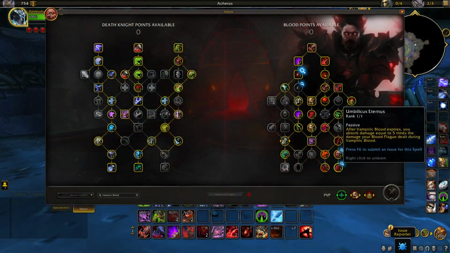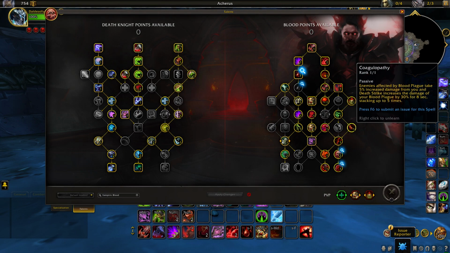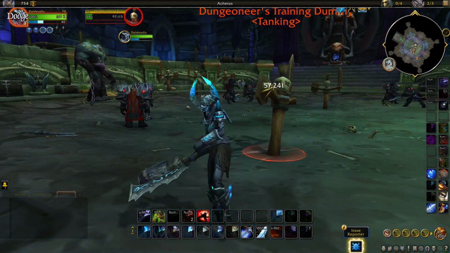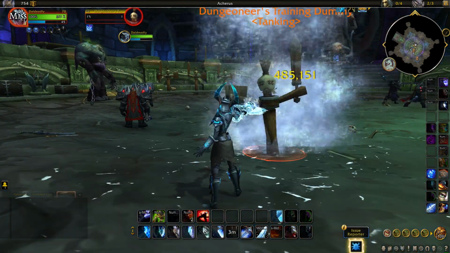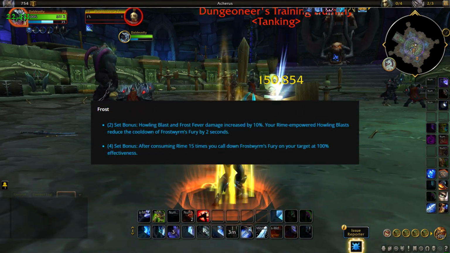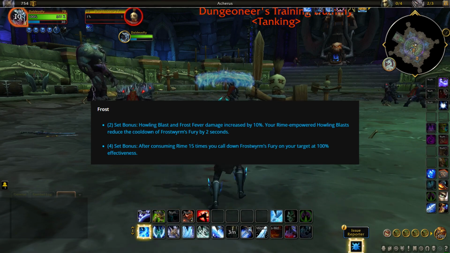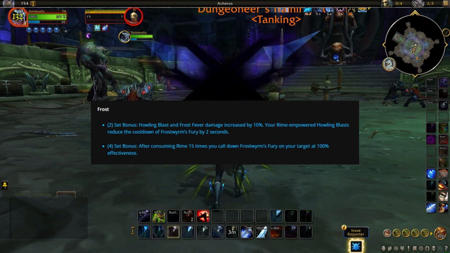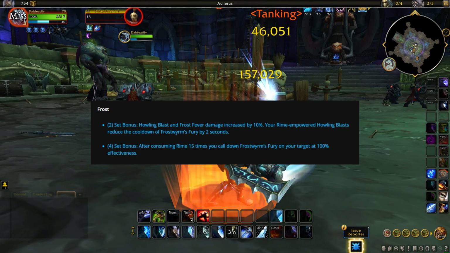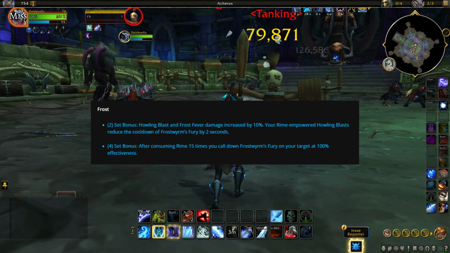Blood Death Knights get to embrace the vampiric theme, while protecting themselves from all damage sources, which rewards an overly aggressive playstyle. Next, we have the Frost Death Knights, who gain the Summoner build, calling forth undead dragons to aid them. The 2-set empowers your Frost abilities. Casting Empowered Howling Blast helps reduce the cooldown of Frostworm's Fury by 2 seconds. With the 4-set, casting 15 Empowered Howling Blast calls forth a Frostworm to strike at all targets in front of